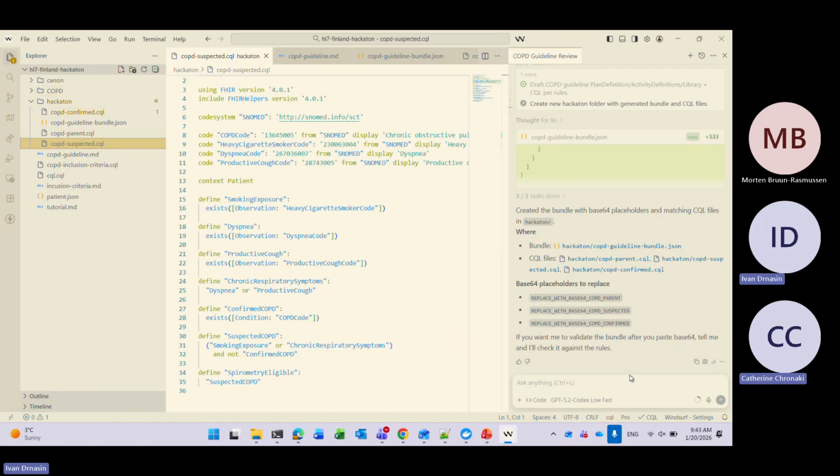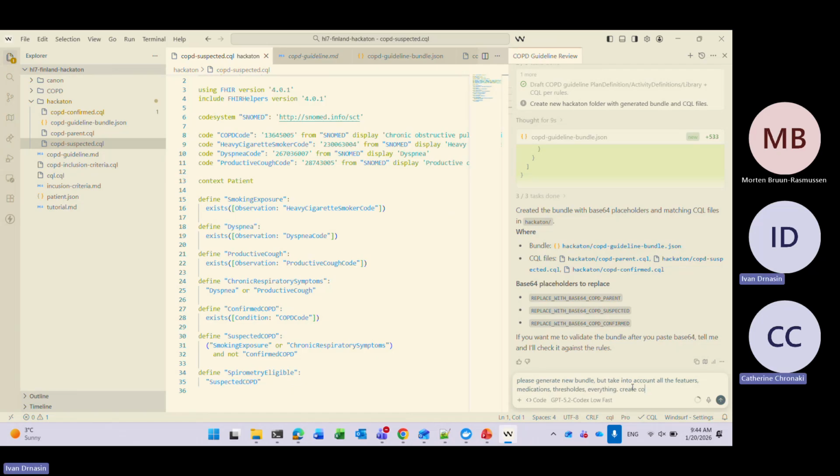So I will do one more request. Please generate a new bundle, but take into account all the features, medications, THRS codes, everything.